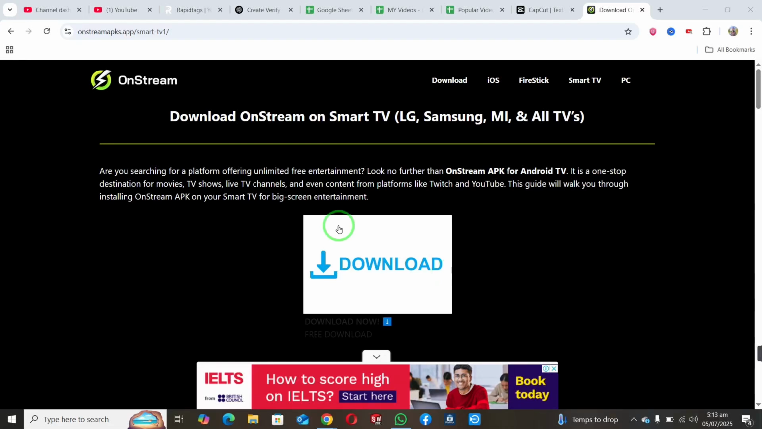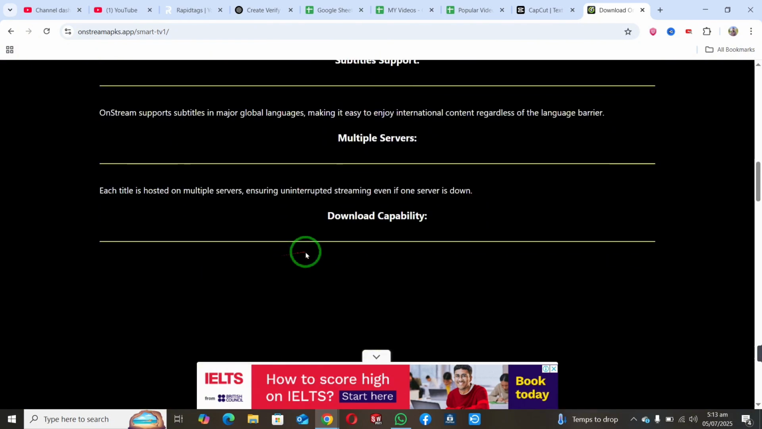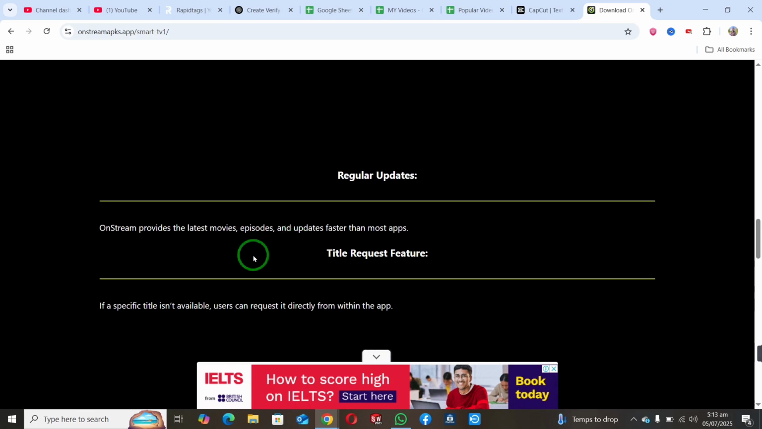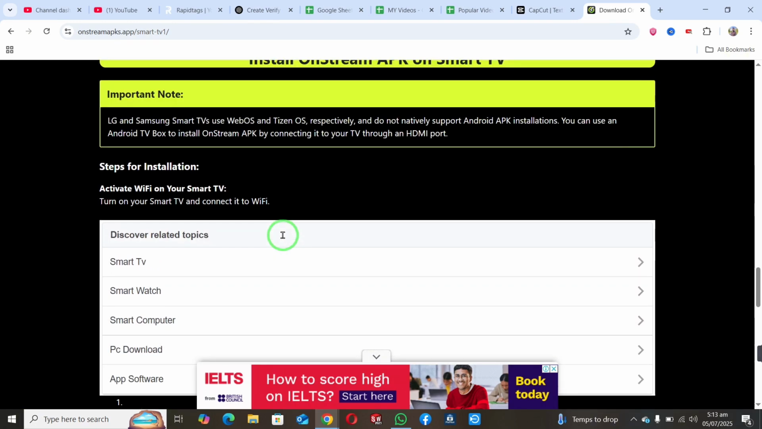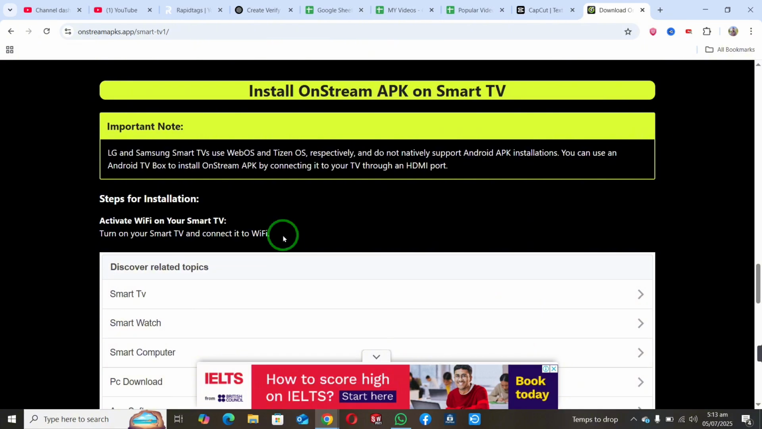In this video, I will guide you how you can download and install OnStream on Smart TV. If your TV is LG, Samsung or any Smart TV and you want to install OnStream, then you have to follow all these steps. So first of all, just open your Smart TV and activate Wi-Fi